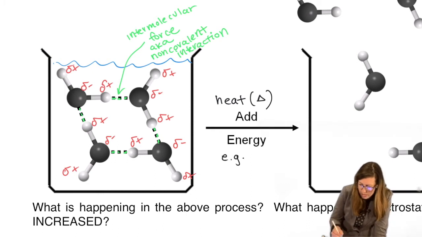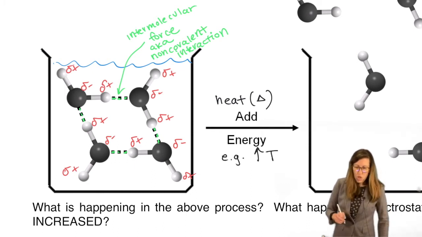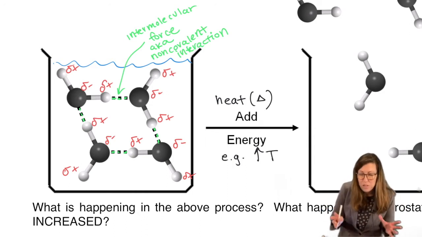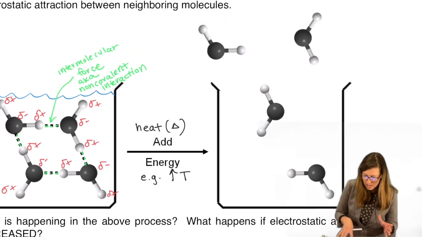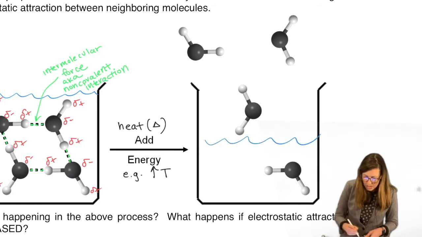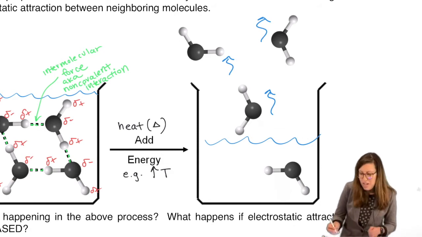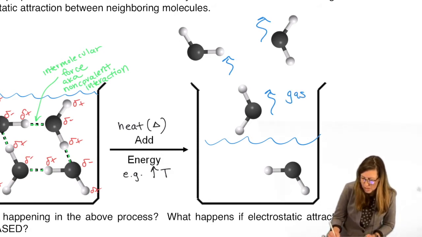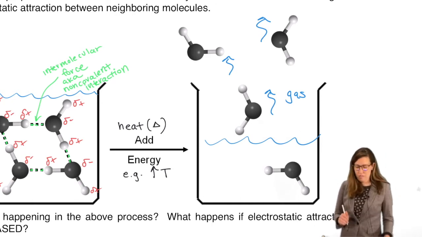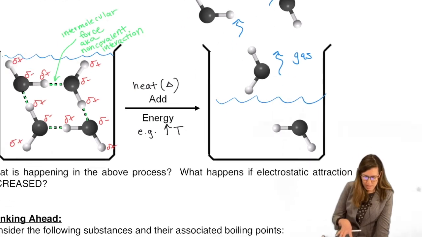So that means we've increased the temperature. We disrupt those non-covalent forces. They break that network apart, but they don't break the molecule apart. Water is still water, right? It's just separated. In fact, we might have some liquid still here, but much of it is going into the gas phase. We often show that with that squiggly arrow going up high. It means gas getting evolved or forming gas, evaporating, right? All right, so this is basically what's happening when we boil.